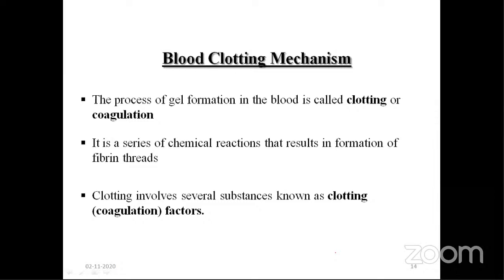It is a cascade of a number of enzymatic or chemical reactions which results in conversion of an inactive protein present in our blood called fibrinogen. The 'gen' itself says that it is a precursor protein. The fibrinogen which is already present in the blood is converted into fibrin threads. Initially, these fibrin threads are in the form of monomers, and then they polymerize. And once they link with each other and polymerize,